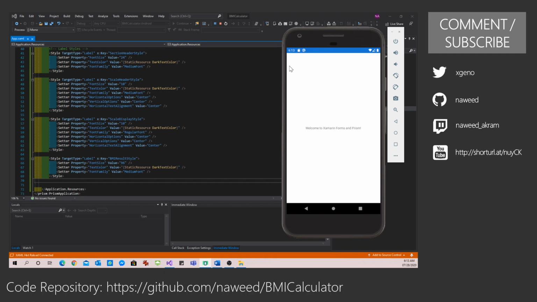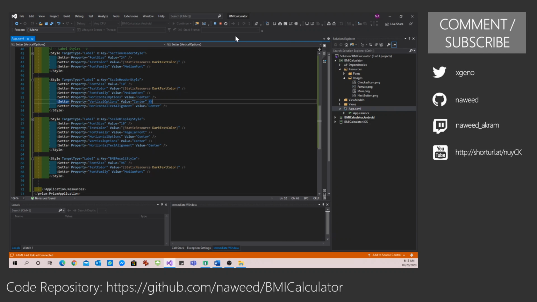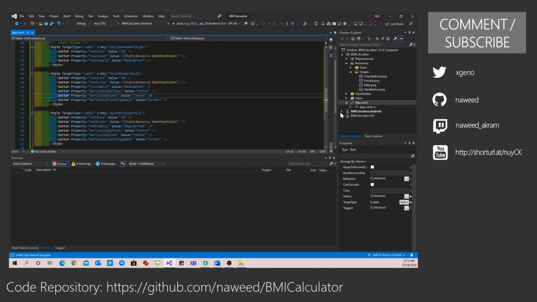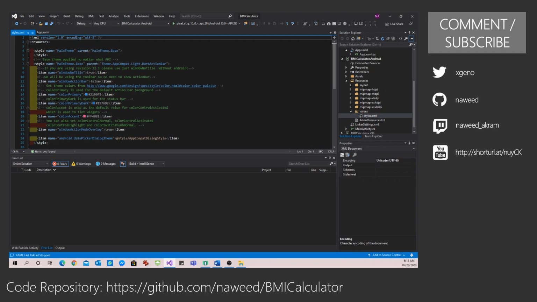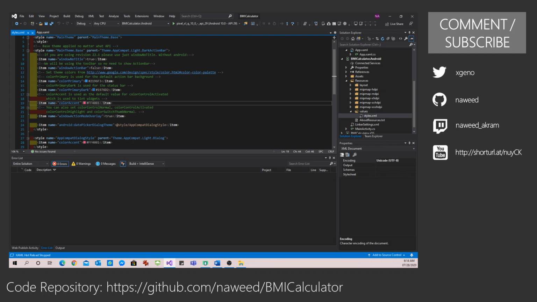So you can see now the navigation bar has disappeared, but still there is this blue status bar at the top, which does not look very nice. That is something we can also fix. So for this one, we can go to our Android application. We can go to resources, values, and styles, and we can add these couple of lines to our main theme.